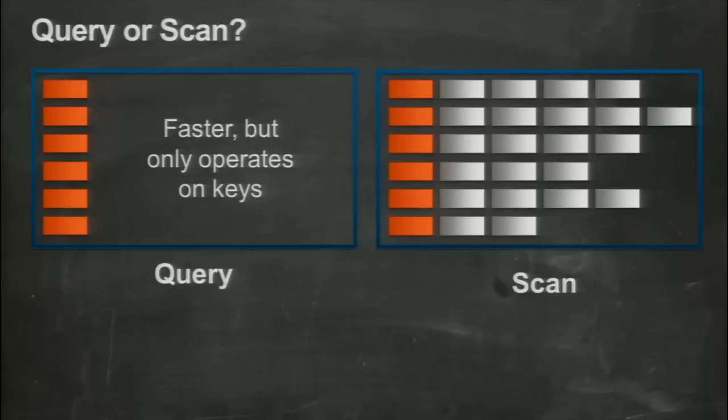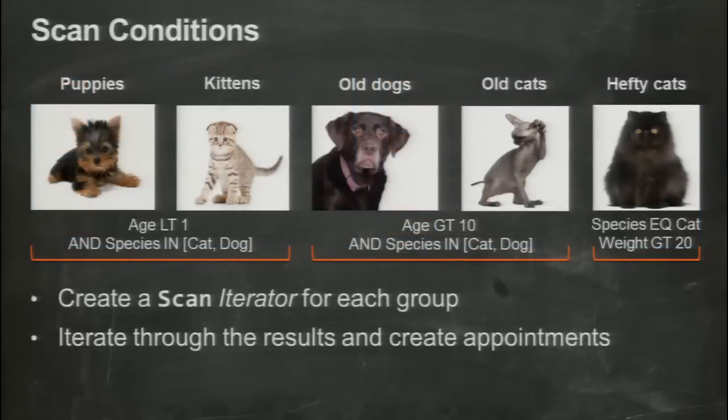So let's take a look at our scan filter criteria to try to determine which operation we should use. As you can see, we're actually querying for 3 different attributes: age, species, and weight. So in all these examples, it looks like we would initially use 5 scan operations, but actually we can combine